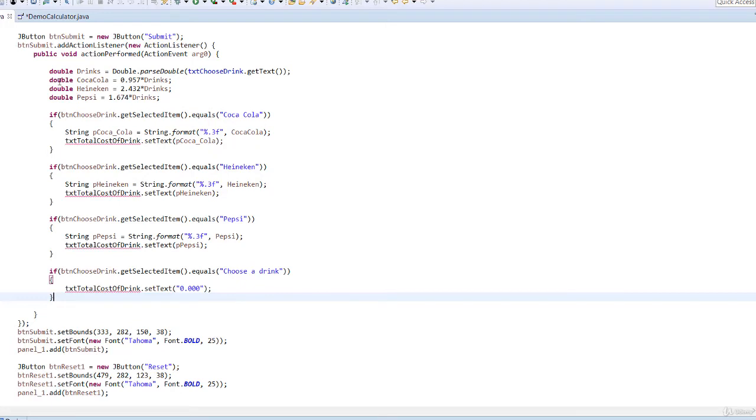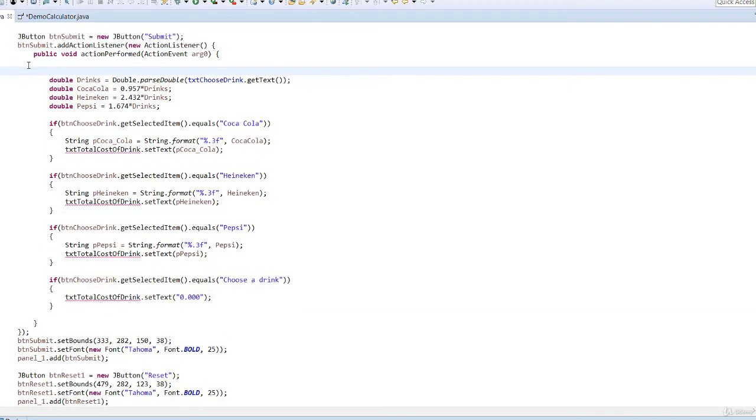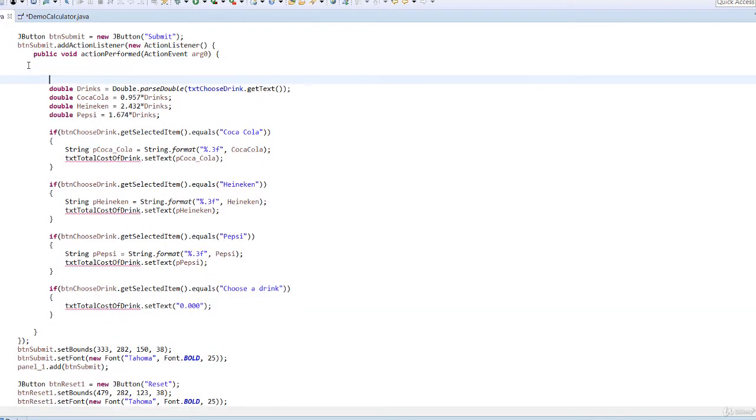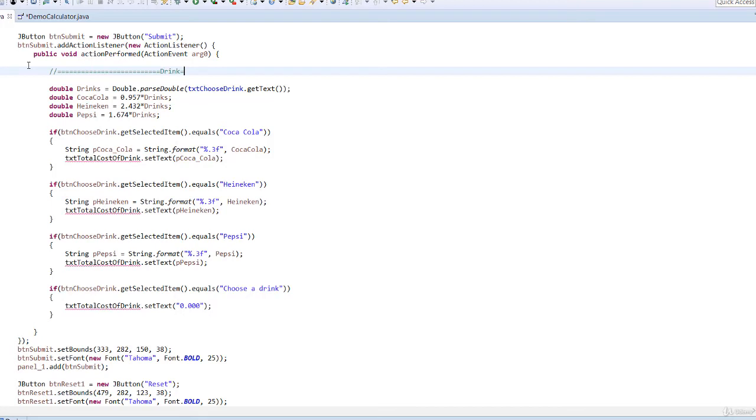So this is the code for drink. I'll go ahead and above this, I'm going to put a comment. So this is for drink. Okay, so let me start explaining this code as we move ahead and understand what is happening. So I first of all create a variable drinks, and here I'm going to pass the text that will be inserted into the text field text